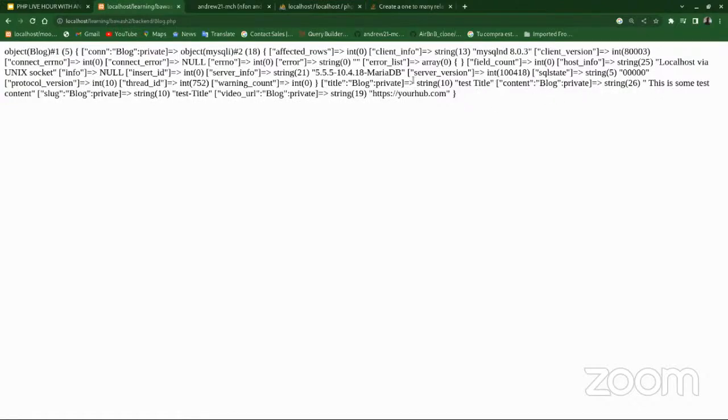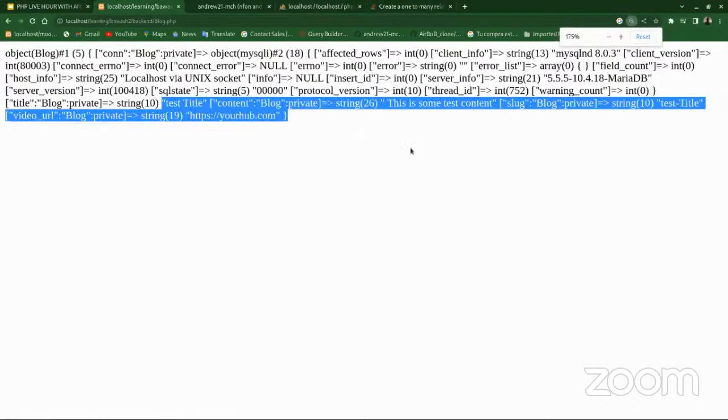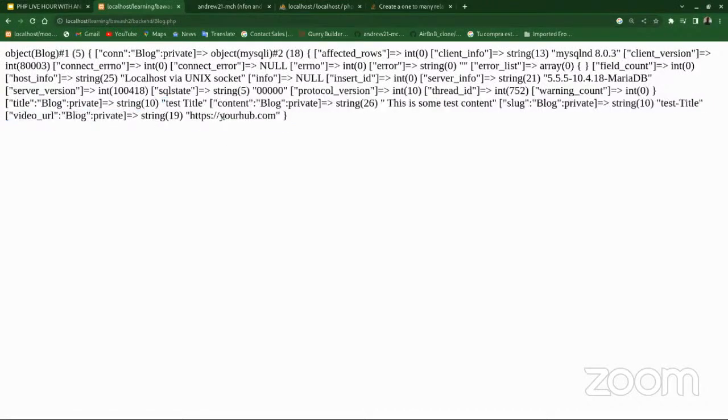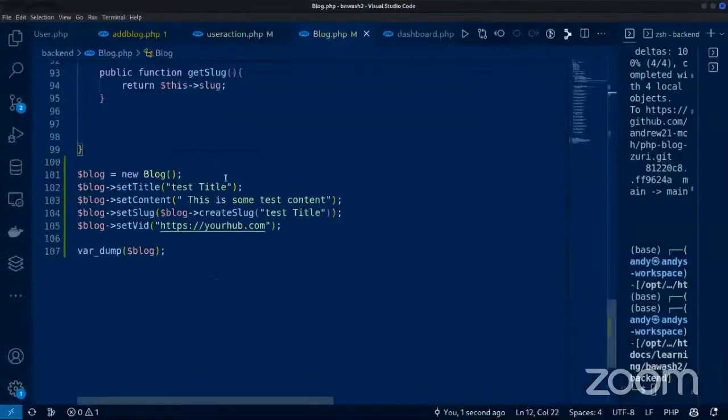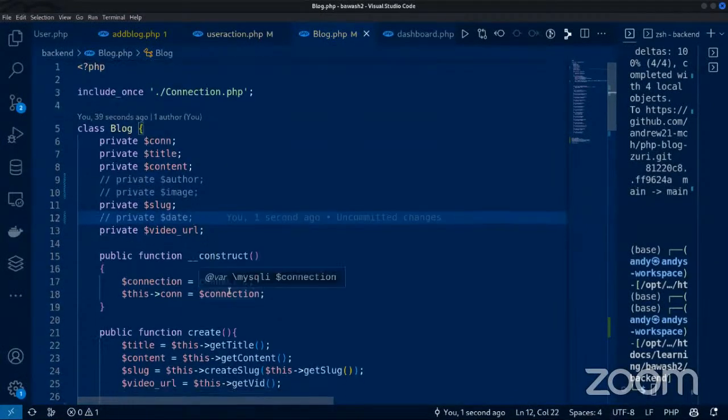Yeah, we have the data here. This is the data. If you can actually look very well, we have the content of the data. The content is, this is some test content, title is this, slug is this, video URL is also there. So I think it's either our SQL or